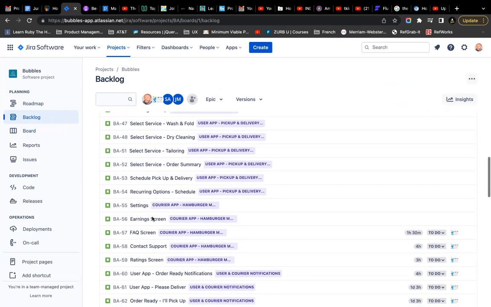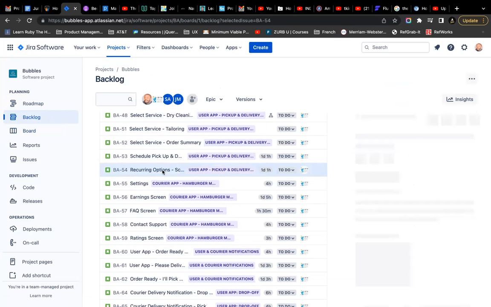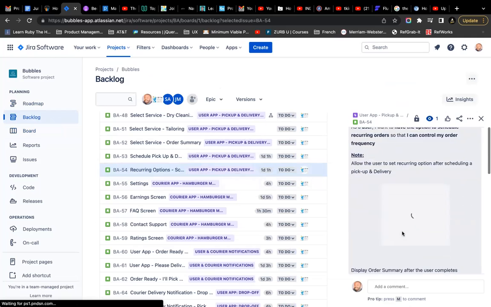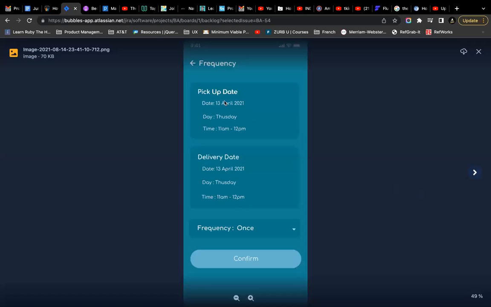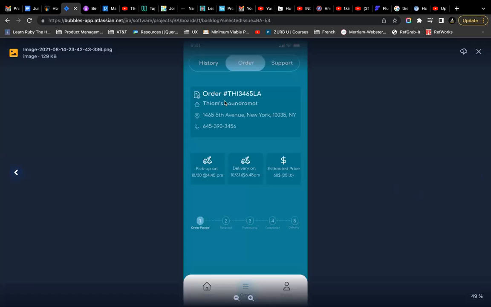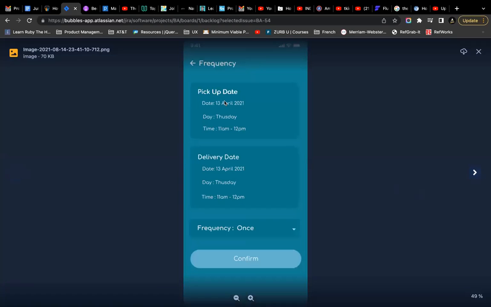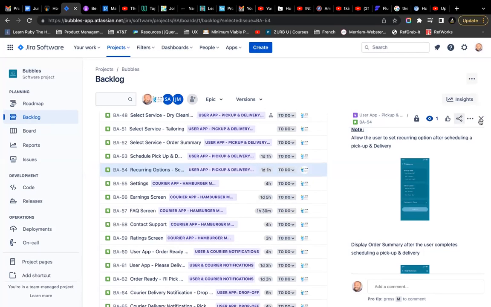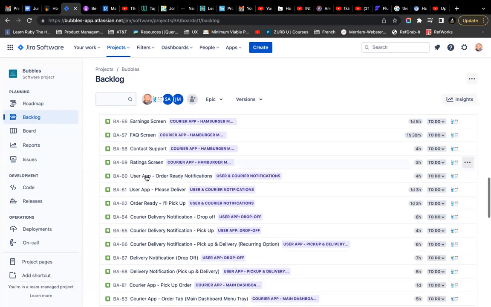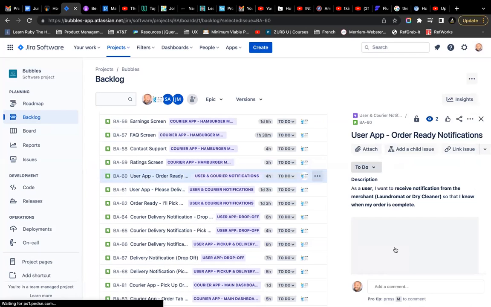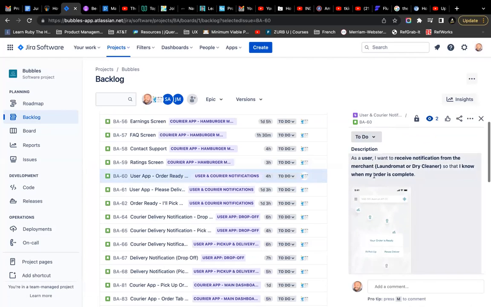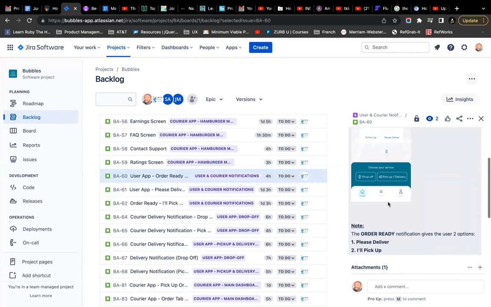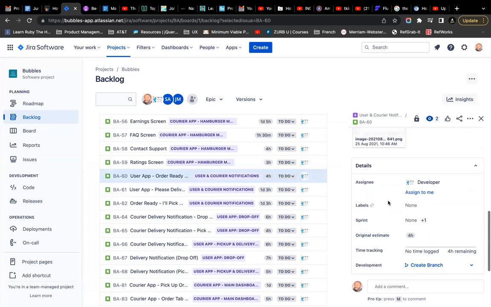And these are all done by the product manager. Some of them are coming from different places. All these have stories. They have images, they have text on them to explain different parts of the application. So when you work using your app, certain parts of the app have all been thought out and vetted by your team to understand why they are being built. So when a developer takes this, they can see these notes, they know what screen to be working on, they have the link to it, and they can go straight and get that done, right?